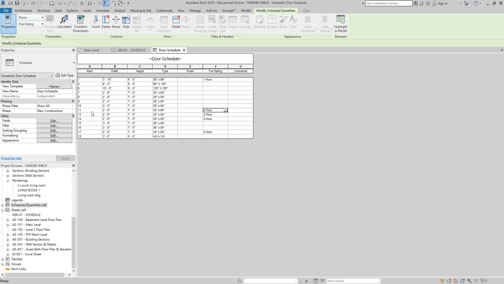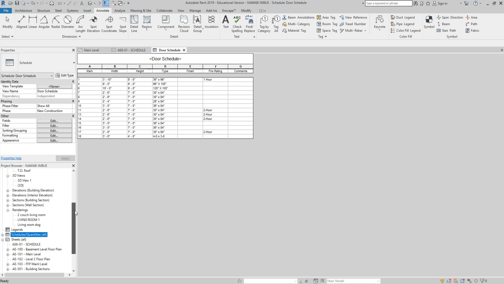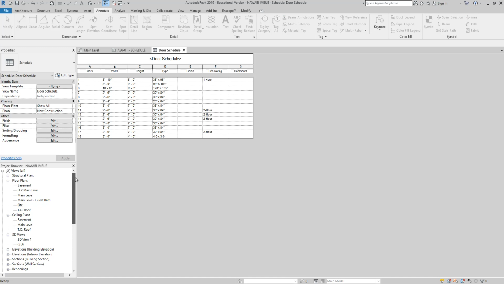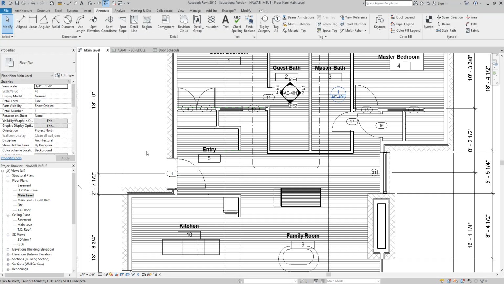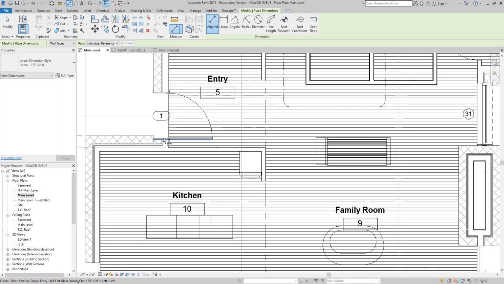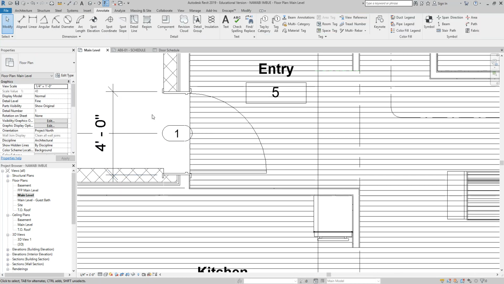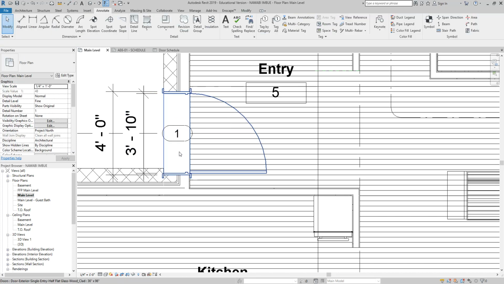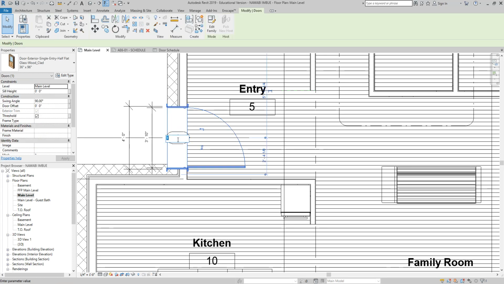Okay. Here's the other thing that's pretty cool about this that you just have to be a little bit careful of, is that take a look at door number 1. Okay, door number 1 is 3'10" and 8 feet high. But let's just take a look at what that looks like on the main level. So here's door number 1. So if I do a dimension, okay, let me get it a little bit more exact so you can see that 3'10". Let me go to the inside. Okay, there's my 3'10". If I come here and I change this mark to be 1.1,